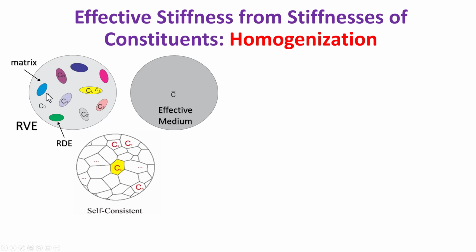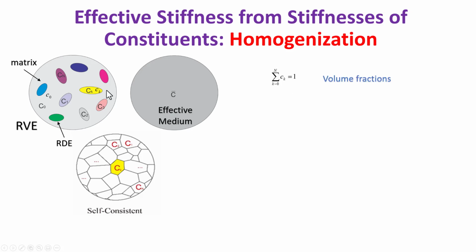Lowercase c here stands for the volume fraction of that element, so c0 stands for the volume fraction of the matrix phase. If the material doesn't have a connected matrix, then it's a polycrystal or polyelement material. In that case, the different phases are C1, C2, C3, etc. There's no C0 phase, there's no matrix phase. So homogenization really is to look for a hypothetical effective medium. It is homogeneous on the representative volume element scale, and it has a stiffness C bar, that is the effective stiffness.